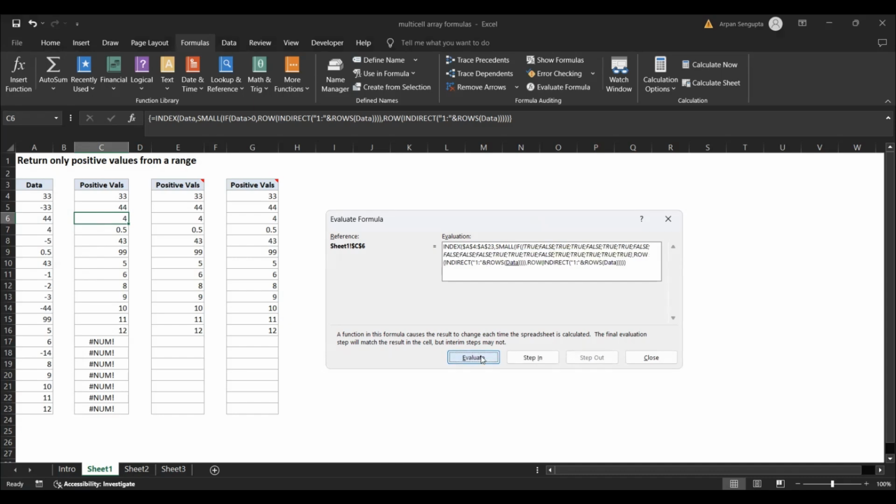Because all this data is present, the true and false values are coming out, because we have written data is greater than 0, right? So that data is getting converted. Now here we are going to start the evaluation of ROW, 1 and rows, this, right? So it is getting converted into 1 and 20, right? 1 colon 20. So if you see this is 1 and 20, it will be converted to $1:$20,